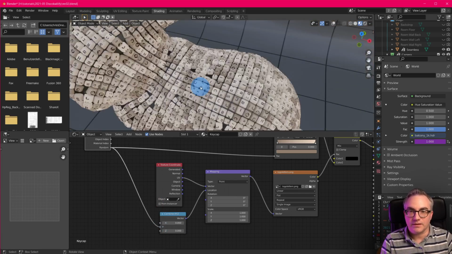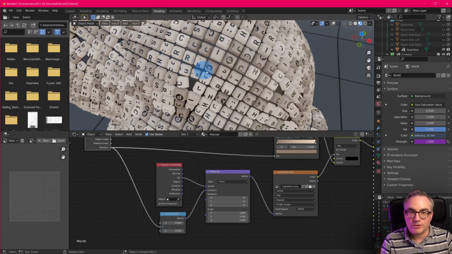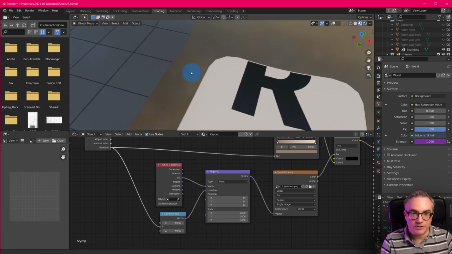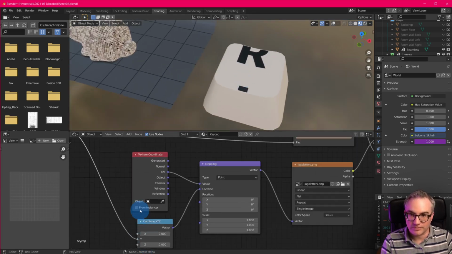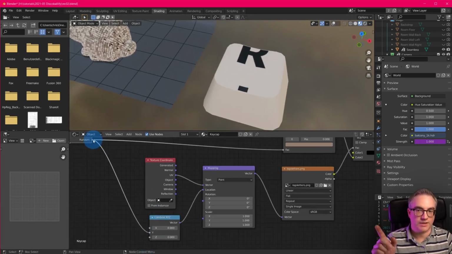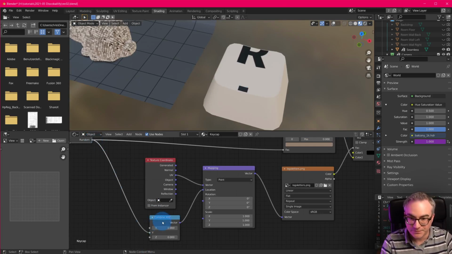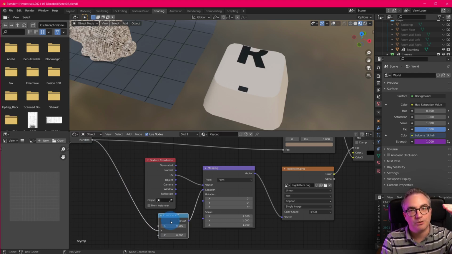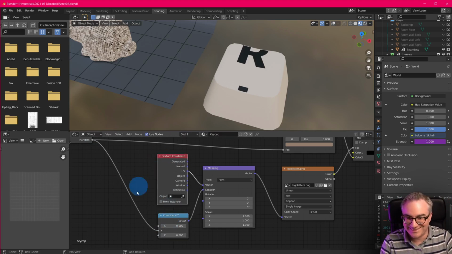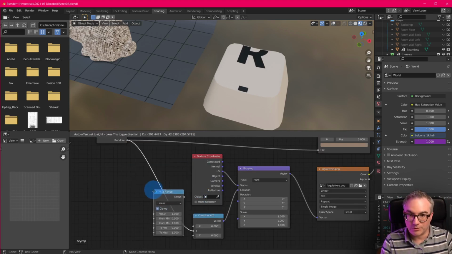And then we get this, which of course is not good, because the random is a value between 0 and 1, so any floating point value. We sort of have to cap it to 0 and then a sixth and another sixth. So let me show you. We can use a map range node,